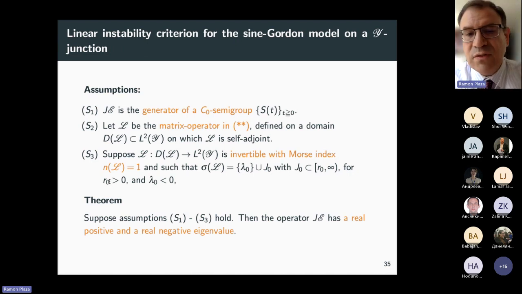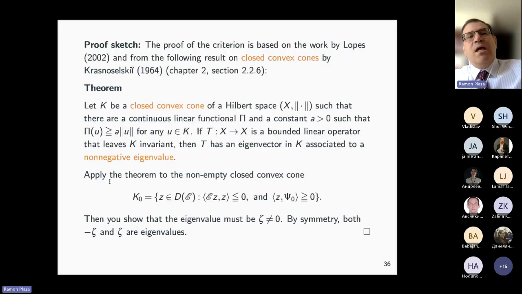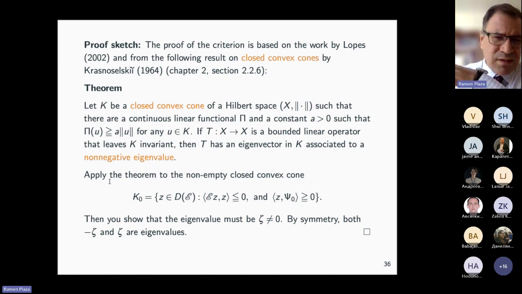Suppose that these three assumptions hold, then the operator JE has a real positive and a real negative eigenvalue. The sketch of the proof of this, well, is based on the work by Lopez, who was the first who observed this, and the following result on closed convex cones by Krasnodębski. The theorem by Krasnodębski says the following thing: if you have a closed convex cone on a Hilbert space such that there are continuous linear functional pi and a constant a such that pi of u is greater or equal